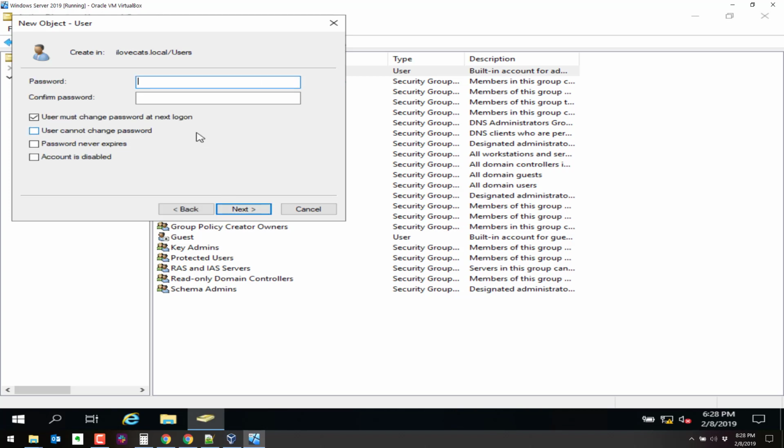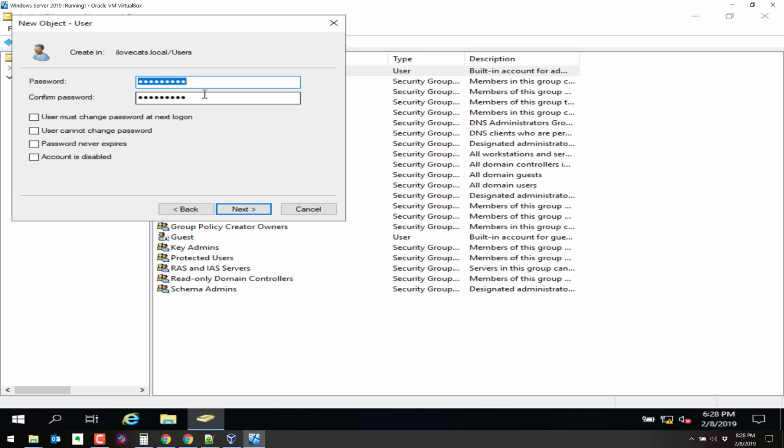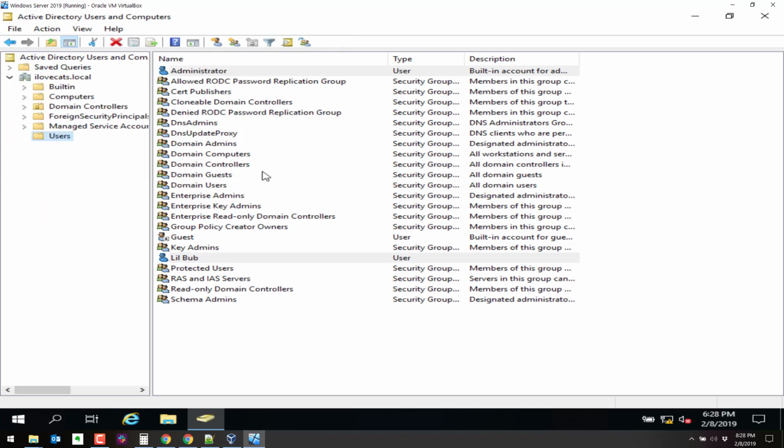So we'll make up a cool password here for Little Bub. There we go. And look what I got here, that warning about the password complexity. So I didn't make it a complex password. I actually made it "I hate dogs." Apparently that's not complex enough. So we'll make up a cool complex password here. And then to validate Active Directory is working properly, let's see if we can log off here and log on